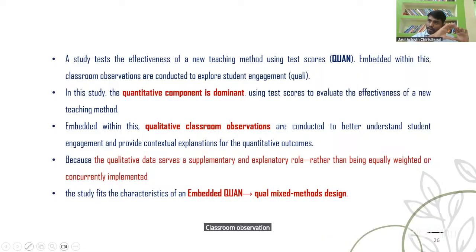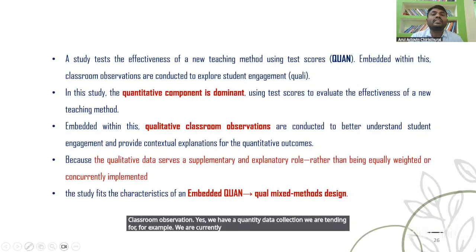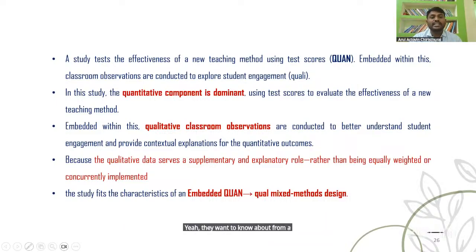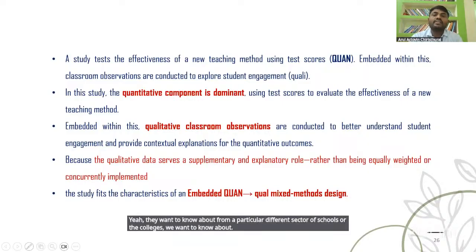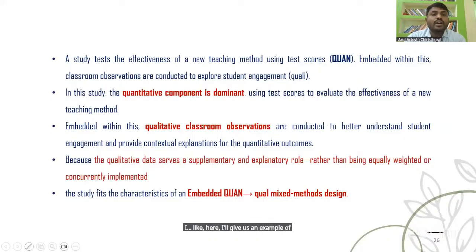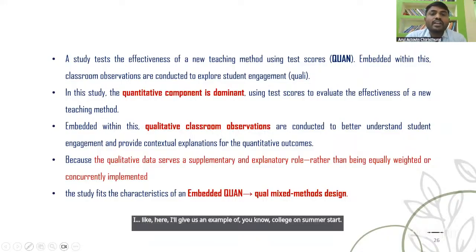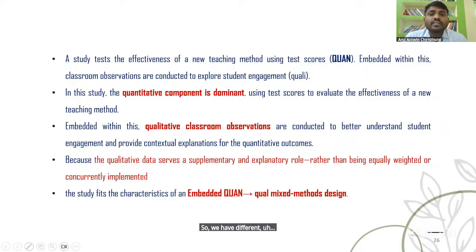Suppose we do the quantitative data collection for, for example, 3 months. We want to know from different sectors of schools or colleges. Here I will give an example of colleges, one semester. We select different colleges for the study, and we go to each classroom and collect the data.